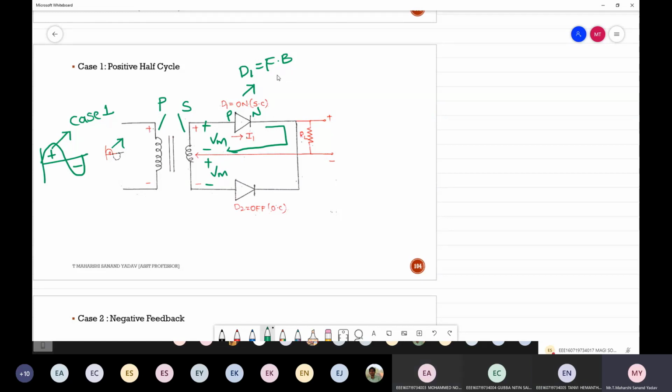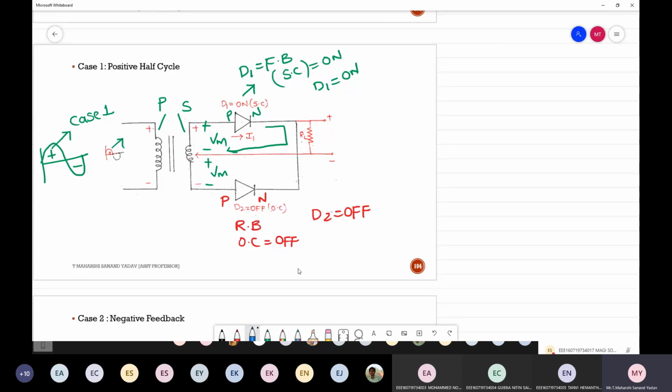If it is forward bias, short circuit or open circuit? Short circuit. Okay, it is also called as On. So simply, diode D1 is on. Next, you tell me for diode D2. Off. Why? Reverse bias, because it is reverse. That's it, it is reverse bias. Open circuit or short circuit? Open circuit. Okay, also called as Off. So simply, diode D2 is off.